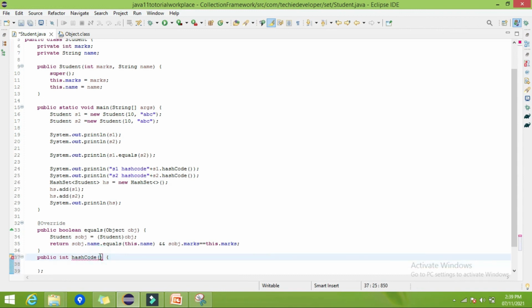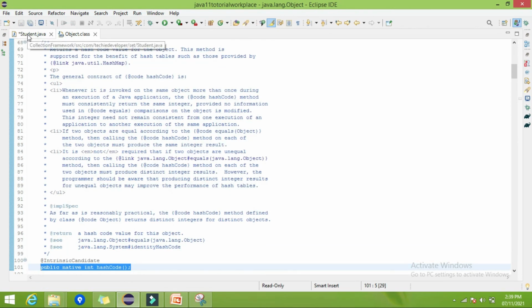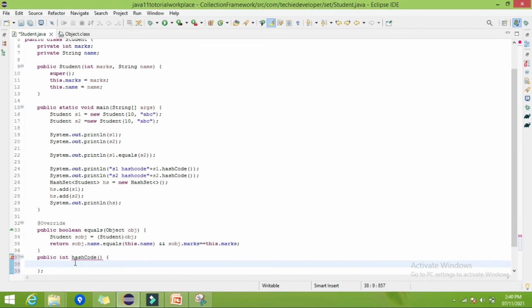It will take no arguments and it will return the integer value. So what I want to return is the hash code. Now, as in the earlier video I have told you, we have to calculate the hash code by using some arithmetic, right? In the Integer class it simply returns the value as it is. In the Character class its hash code is nothing but its ASCII value. Similarly in our POJO class Student we have to write some logic so that it can give us the hash code.